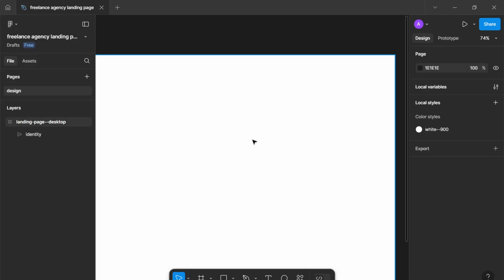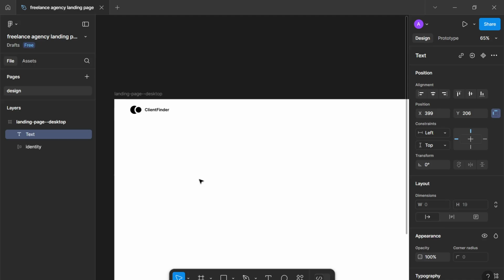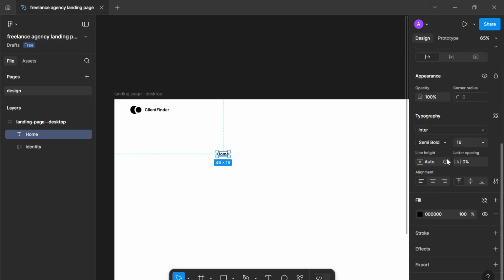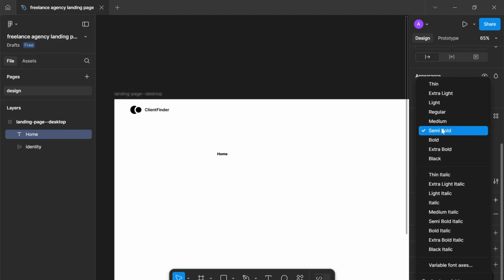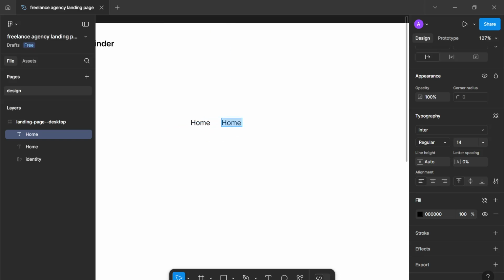First of all, let's write out our links. The first link will be, let's go with home, and I'm going to reduce its size to 14 pixels and make it regular font weight. So this is our home. It's very basic, and we don't really want more now. So now home, about,